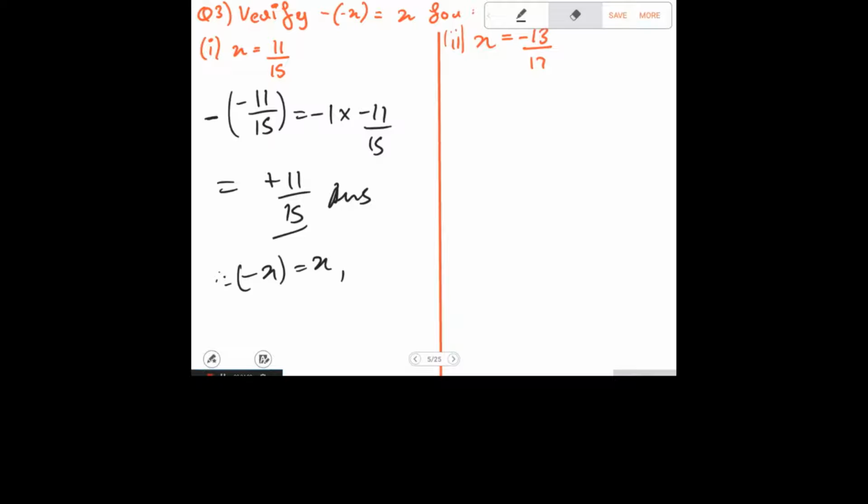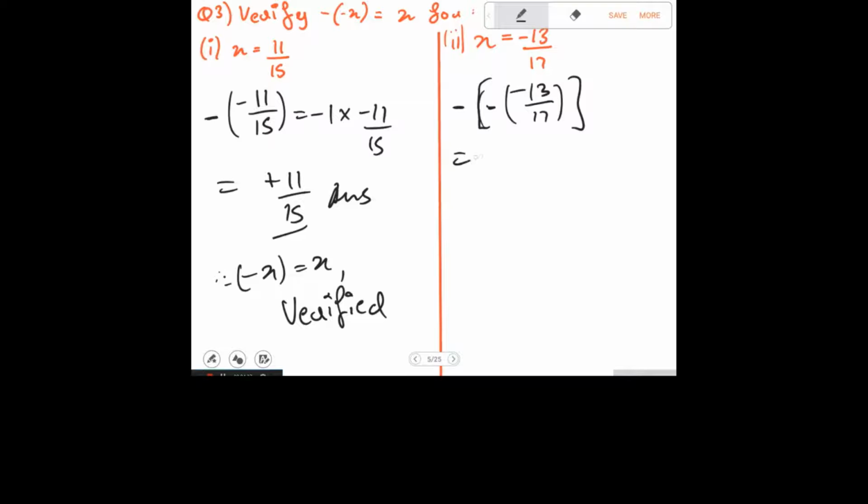Actually over here we can write verified. And for here, when x is equal to minus 13 by 7, first this is the base x, and this is the minus over here, so this is the minus here, and again the big bracket, and this minus over here will go here,